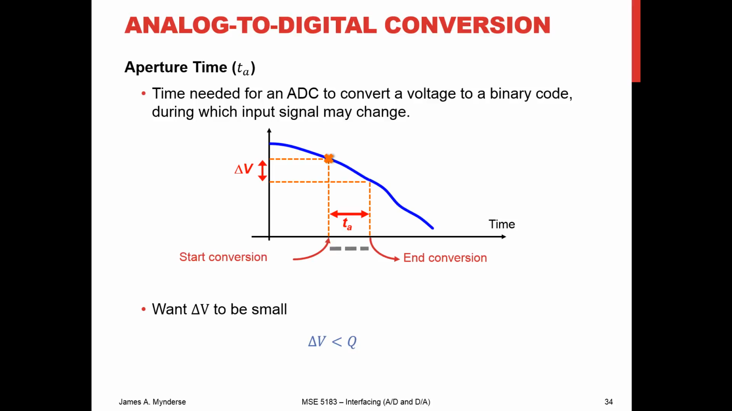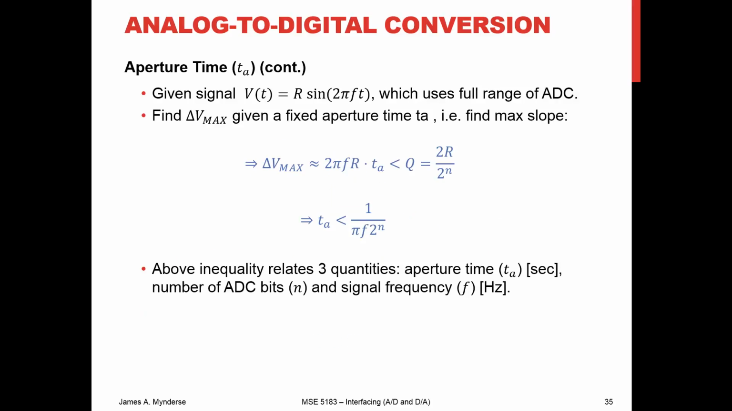So we can quantify that even by assuming that we've got a sinusoidal signal that uses the full range, and so it's going to have an amplitude of R, which is half of our full range. It's got a frequency of F in terms of hertz. And so we can then say if we want to limit delta V to be less than Q, then delta V is approximately going to be the max slope of the input signal, and the max slope of the sinusoidal input signal will be 2 pi f times r times the time there. So we get maximum slope,